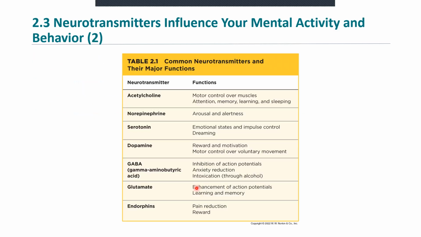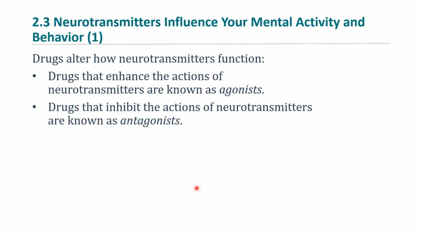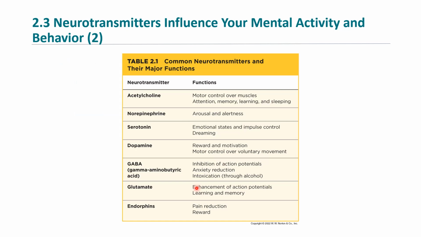this is a list of neurotransmitters. It's in a chart on page 55. I also wanted to mention, I'm sure you're reading the book, but page 56 is where you can read more about agonists and antagonists. This chart is on page 55 in the text. It's a list of some of the common neurotransmitters. I do want to mention that there are over 100 different types of neurotransmitters. I've only heard of about 10 of them. This is a list of some of the common ones that you'll hear about in other parts of the book.